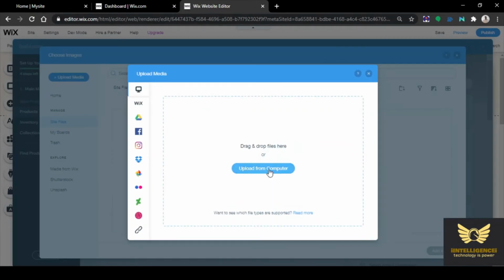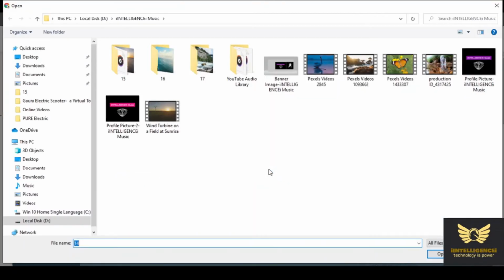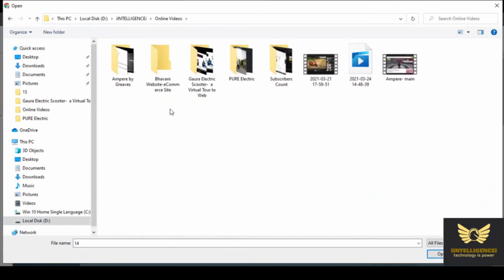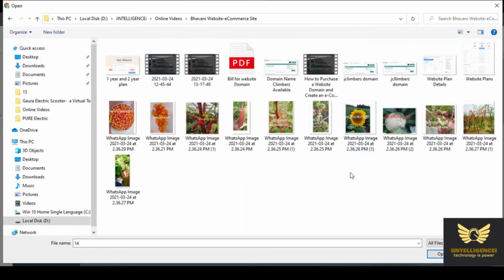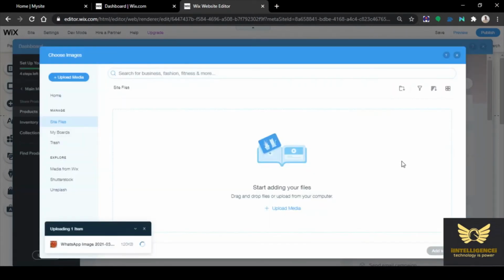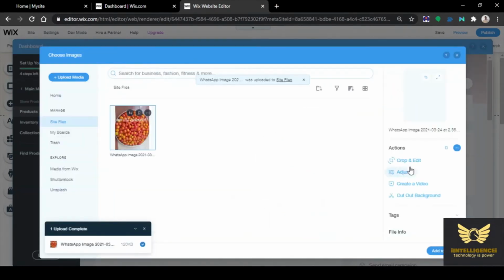Upload from computer. I have a few pictures available, so I am uploading those pictures. So one of the images is getting uploaded.